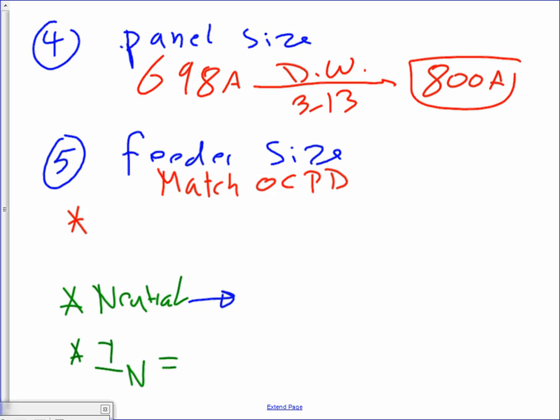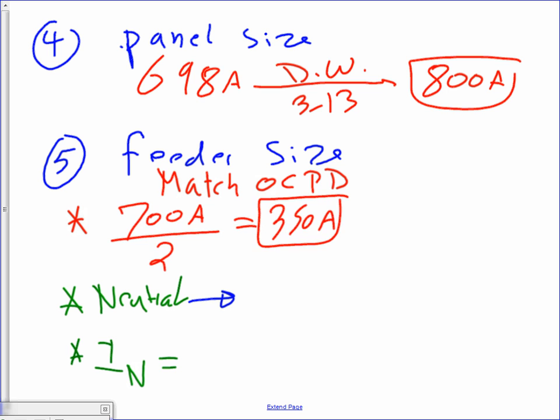The last thing, guys, is feeder size. I say match the overcurrent protection device. Okay, my overcurrent device is 700 amp. I want to parallel. I divide by 2 so I can parallel. I came up with 350 amp. You take this to table 310.15 B16, 75-degree column always, and you do 2 sets of 3 conductors,